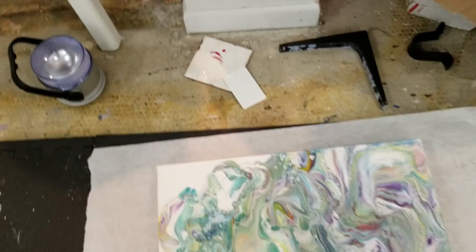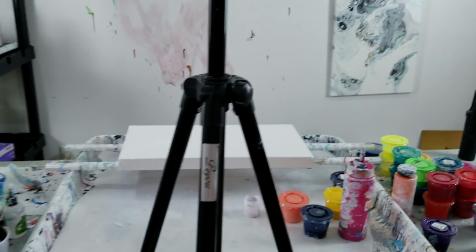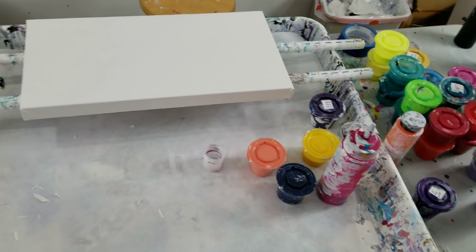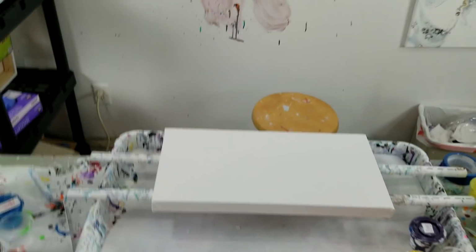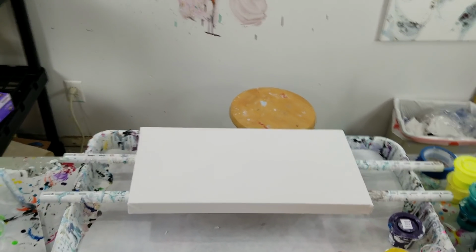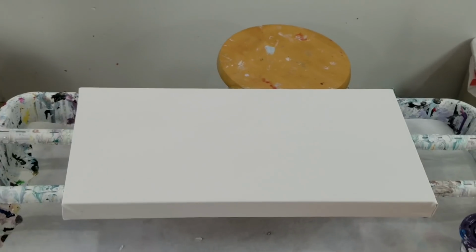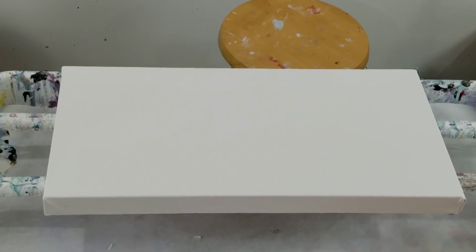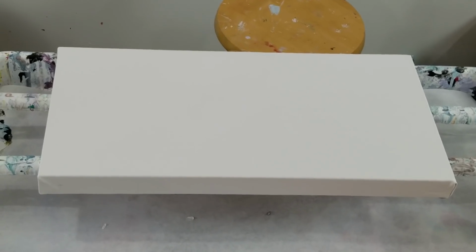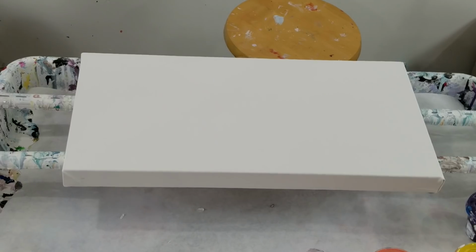So, anywho, I'm going to go for this technique on a smaller canvas. So this canvas is 10 by 20. Let's get you in there. Maybe pull back a little bit. There we go. Alrighty, so